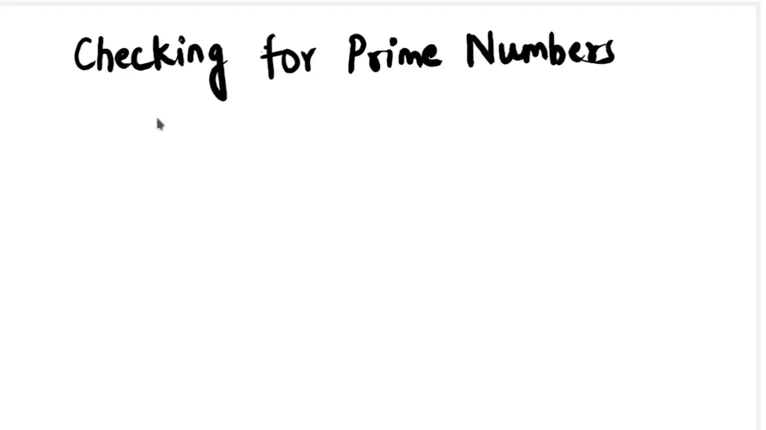This video is going to cover the third subtopic of number theory, which is checking of prime numbers. That is, whether a given number is prime or not. So what is a prime number? A prime number is any number which is a factor of itself. That means given a number,